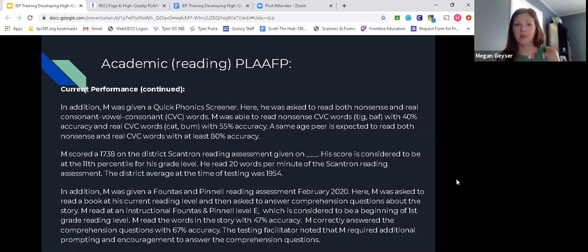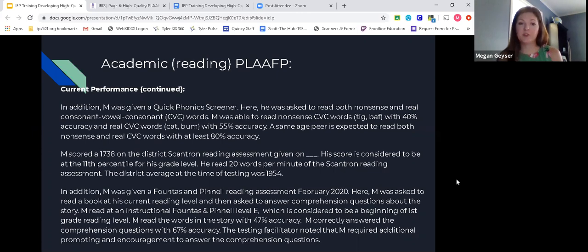He's asked to read a book at his current reading level and then answer the comprehension questions after he's read it. And I have what he read at, level E. But what is a level E? Well, that means a beginning of first grade reading level. I will say,